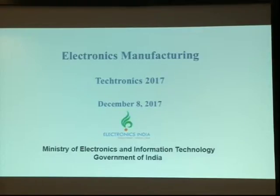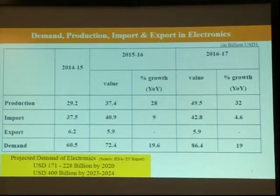So what we have done is we have not signed the expanded ITA. The expanded ITA, also called ITA 2, was signed in the year 2015. But Government of India has taken a decision, because of the impact ITA 1 had on the electronics manufacturing, that we have not gone ahead with signing the ITA 2. So that's the status. And I will start by giving an overview of where we are today